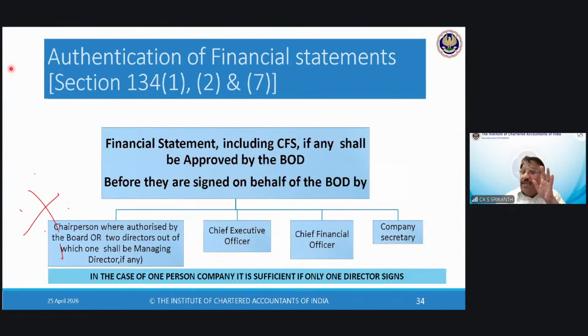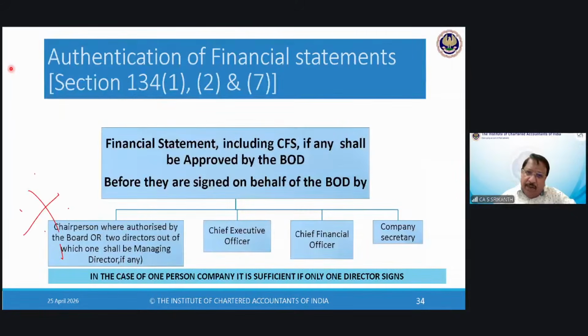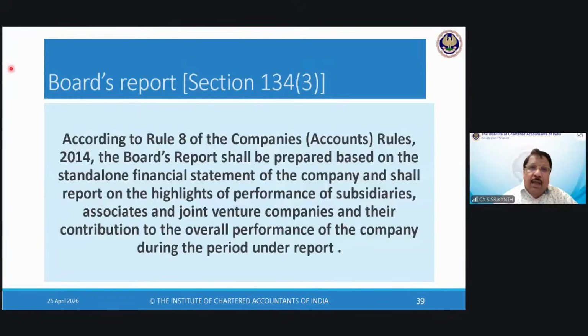If you are a conventional learner and will learn only section 1 to section 148, then you read that way. But this way, we cover topics that are related together. So we said 128, 129, 129A. Then I jumped to 134. Why? Because it is talking about authentication of financial statements, right? That is why I'm jumping to 134, right? Now,